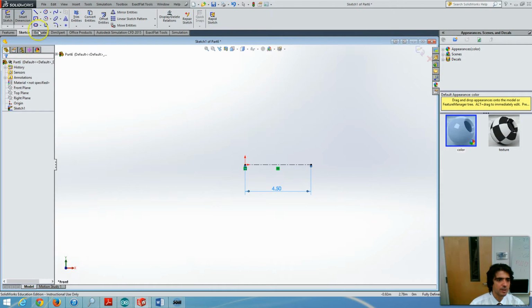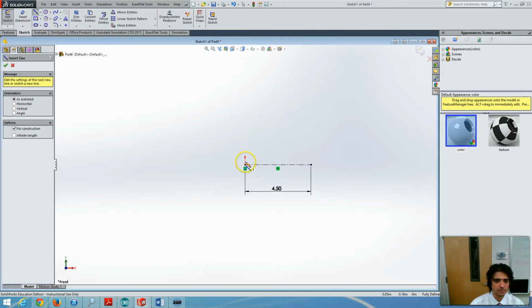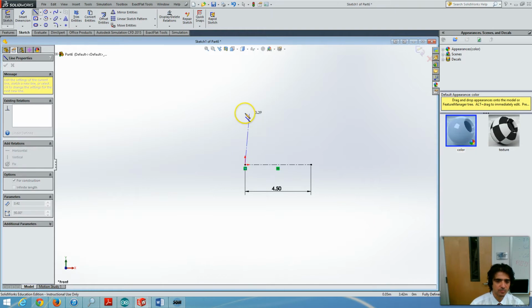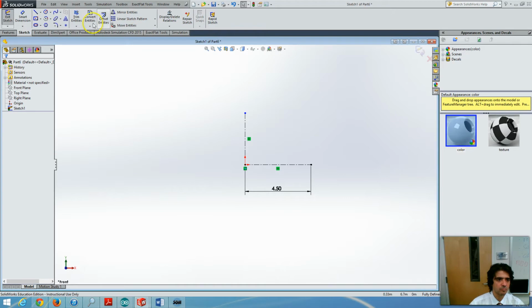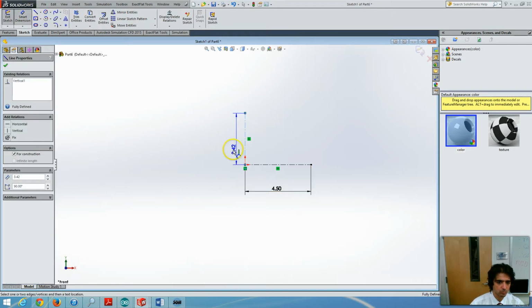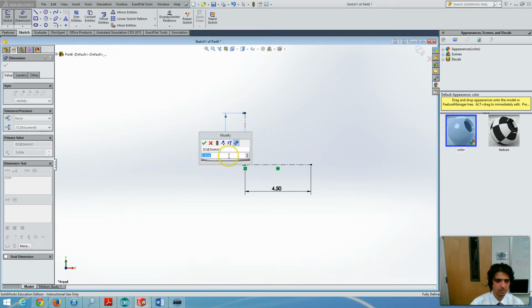Now we are going to make another one to which we are going to anchor the parabola. This one is going to be 3 meters high.